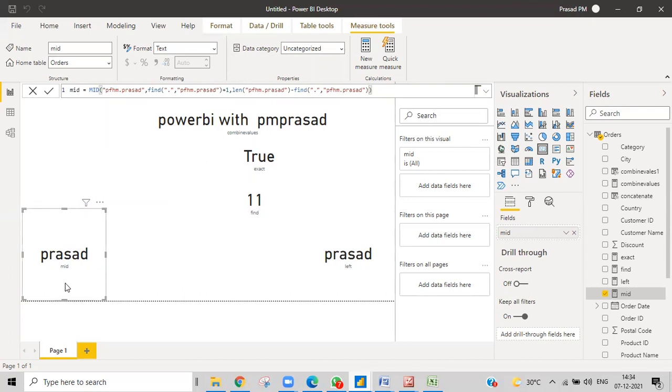So right now it is completely dynamic. Whatever you change in the text format, I'll give three things before the dot. I'll just give some here.